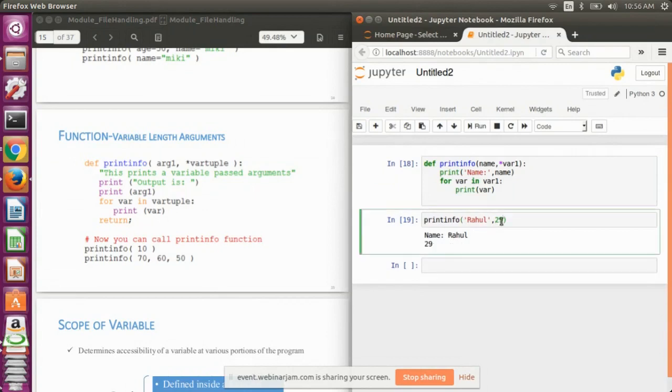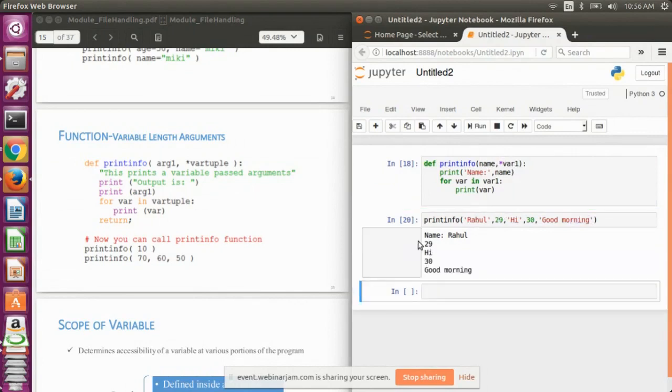Now suppose I pass 29, hi, 30, and good morning. If I run this, then Rahul will be assigned to the name variable and the remaining arguments will be assigned to the var1 variable automatically.